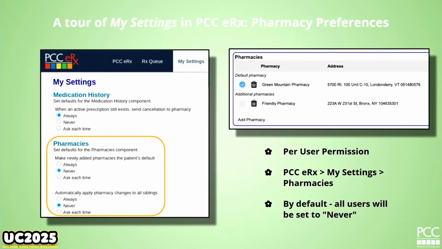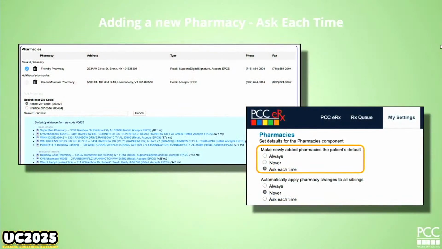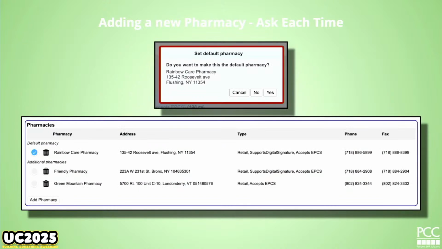Every time you add a new pharmacy right now, if it's set to never, that new pharmacy goes to the bottom of the list. It does not change the priority of it, does not make it the default pharmacy. That might be working perfectly for you. We had a 50-50 mix of people that said, of course I want it to be the default, and some people were like, absolutely not. So you could do never make it the default, always make it the default, or ask me each time. So you guys kind of get the idea here. I go to add a new pharmacy, and if it says ask me each time, I'll get a prompt: Hey, do you want to make that the default? Because it could matter depending on those college kids and stuff like that.